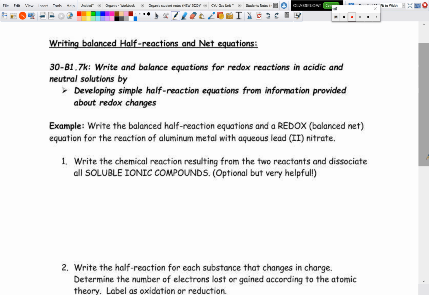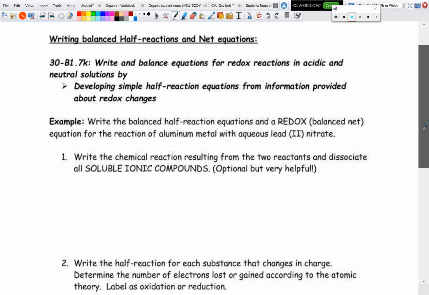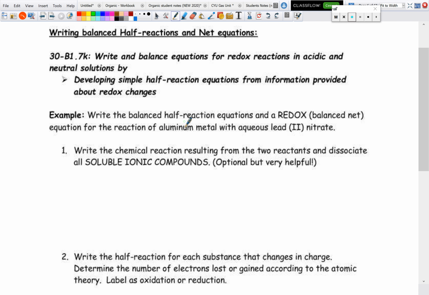All right. So we're just going to apply some rules here. Now that we just had a little bit of practice with balancing both mass and charge, now we're going to look at actually building redox reactions, so looking at two half reactions and putting them together. When we write balanced half reaction equations in redox, so the balanced net equation for the reaction, we're going